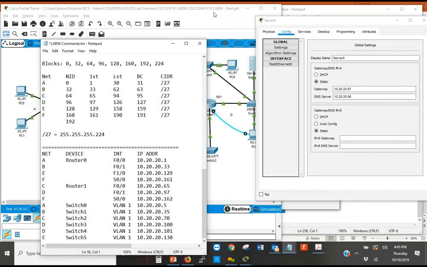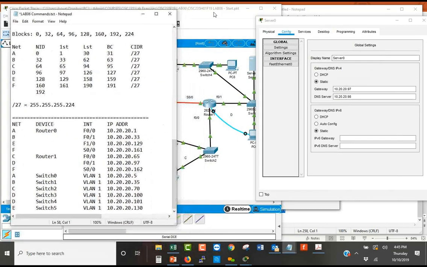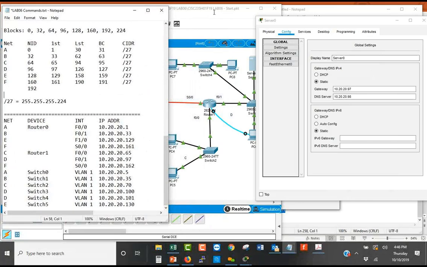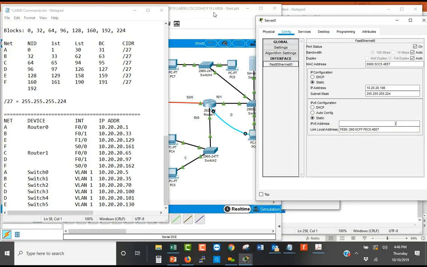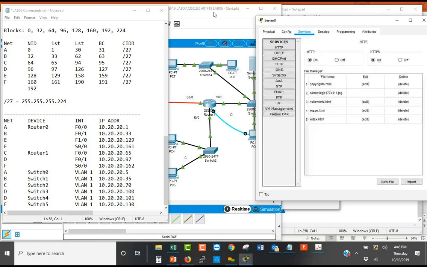Okay. So I set my gateway as 97, and my IP address for this is 106. I then go into services